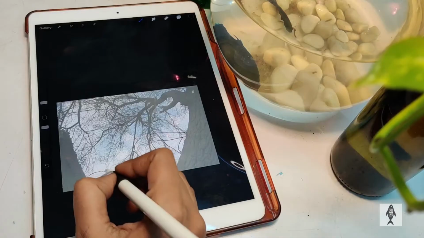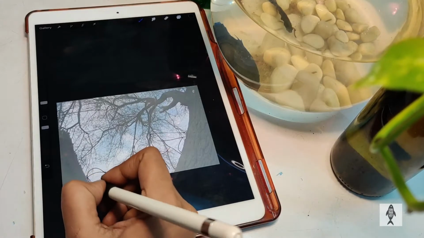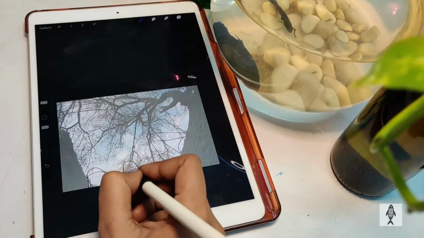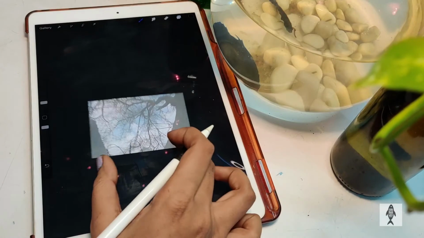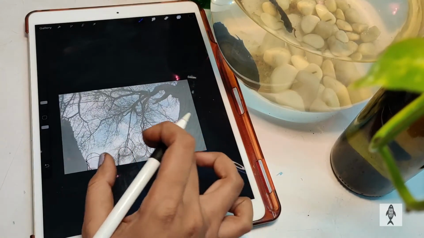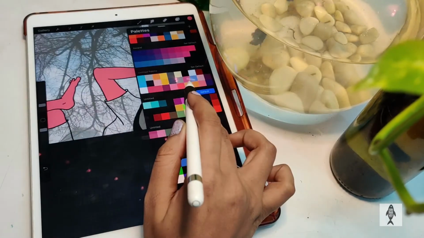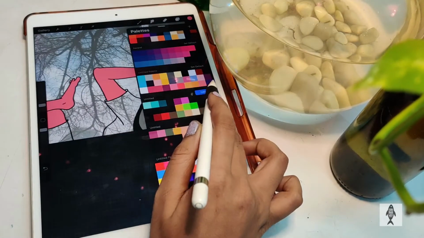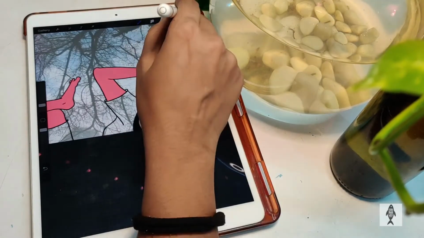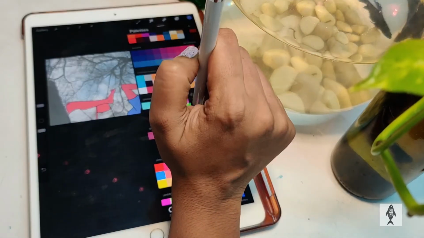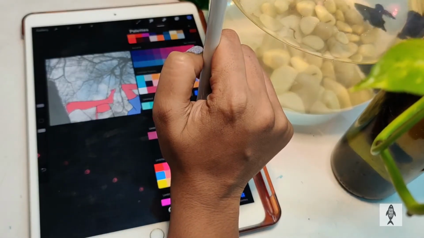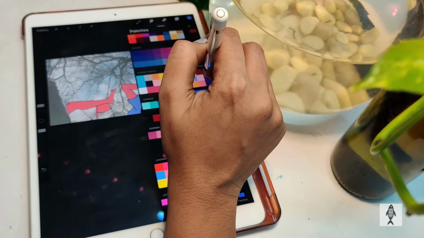Then we need to think about what is the craziest thing that we can do with this photograph. You can draw a character or an animal and fit it in a way that it looks like part of the photograph. Then sketch it out in the style that suits you. After the character is in position, we will merge the layers, the photograph and the character layer.